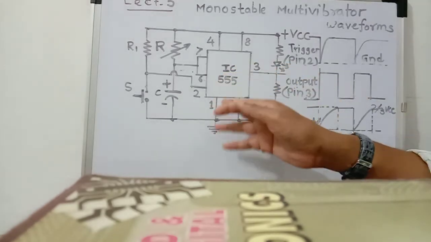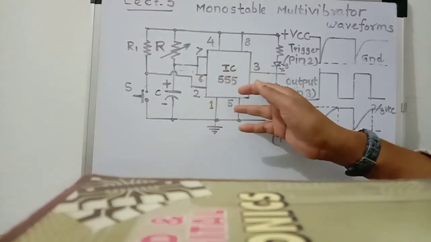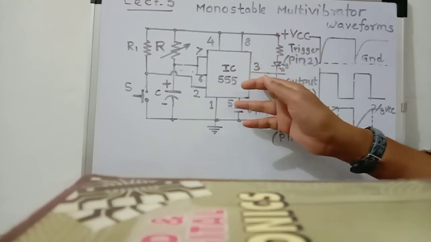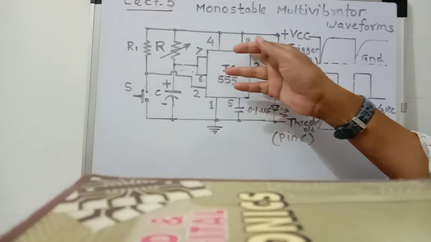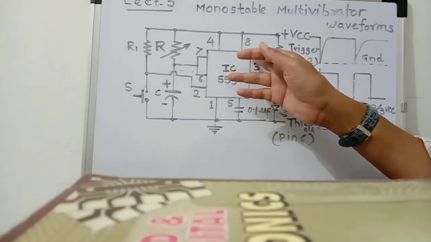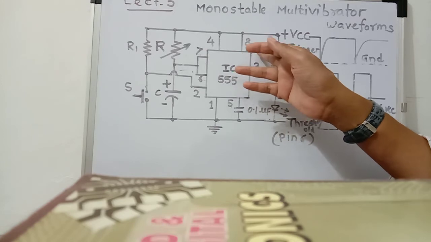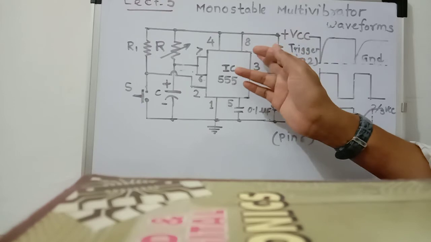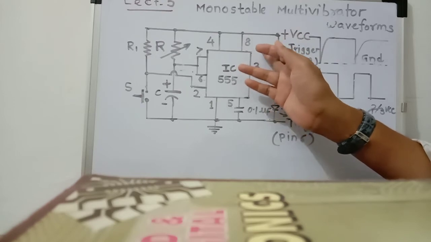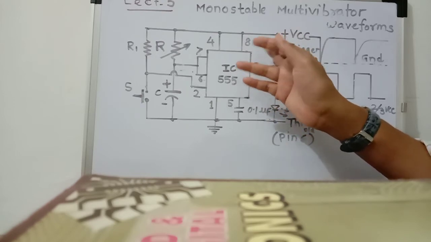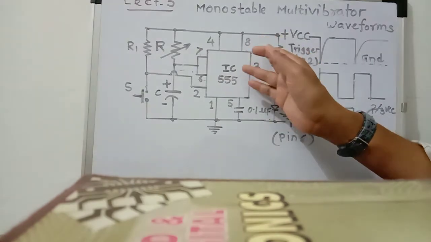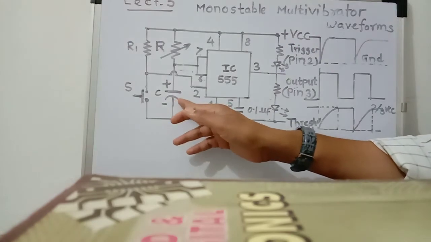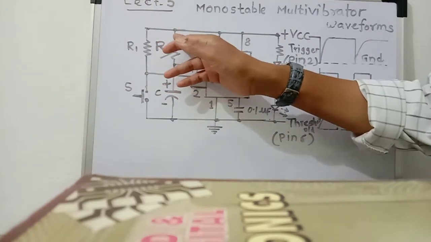Now, since Q bar is equal to 1, at the same time Q is equal to 0. Therefore, as Q is equal to 0, the internal discharge transistor is in the cutoff condition, because Q is equal to 0 and the internal discharge transistor is NPN type. Therefore the transistor is in the cutoff state, and it allows this capacitor C to charge through this series resistance